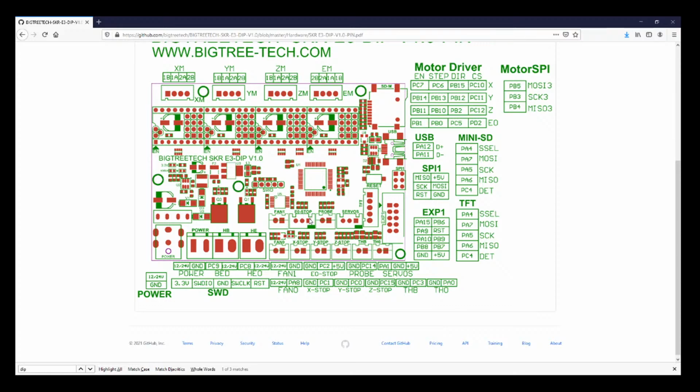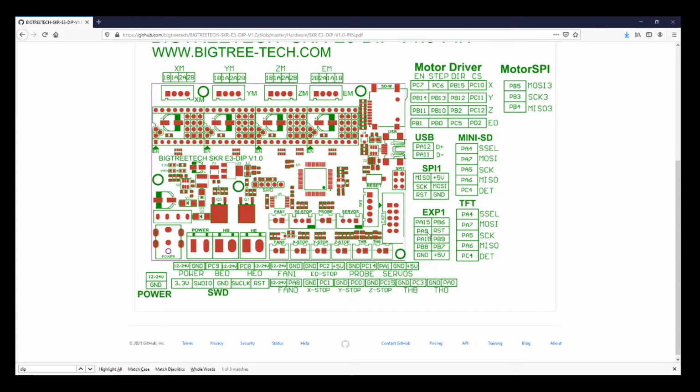E0, which makes almost no sense to me, but that's okay. I don't know exactly what that means because I'm looking for something else, but I've never seen that before. And then you have your probe, which is probably for something like BLTouch. But then you have your X end stop, your Y end stop, your Z end stop. And then you have your thermistors over here that tell you how to detect heat for both your heat bed. So this, I think, means thermistor heat bed, and TH0 means your hot end